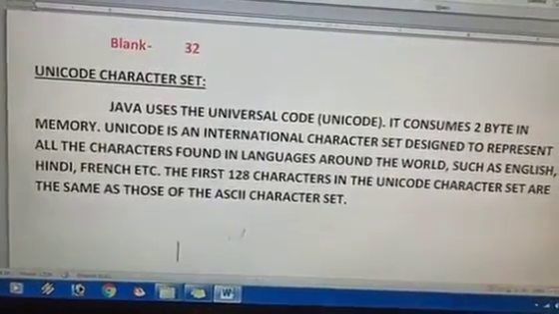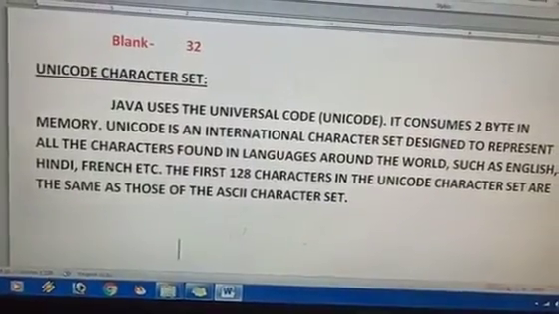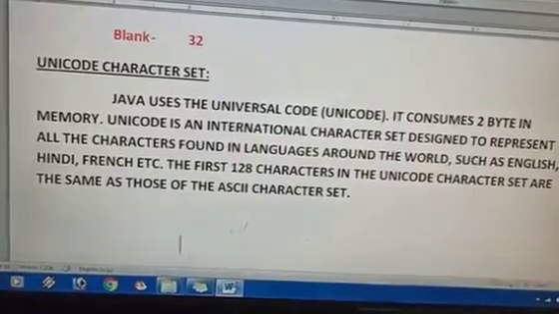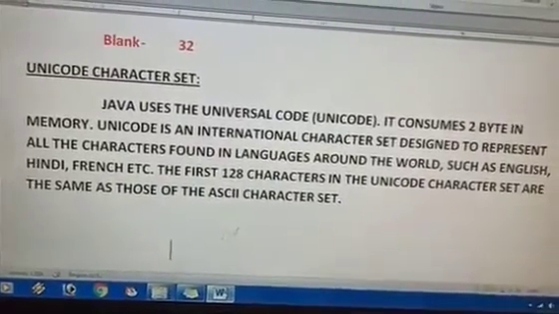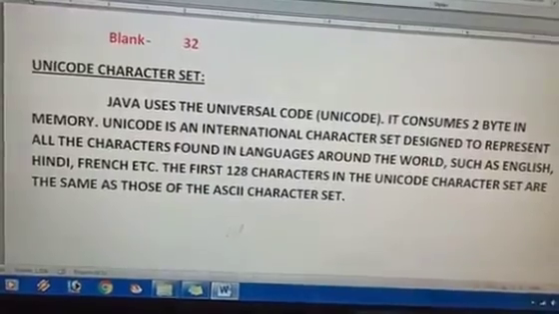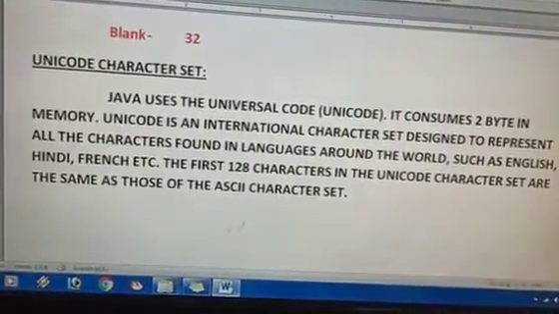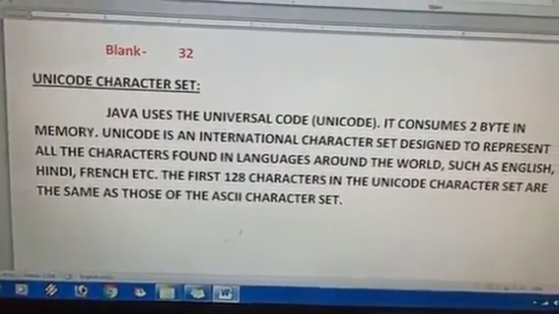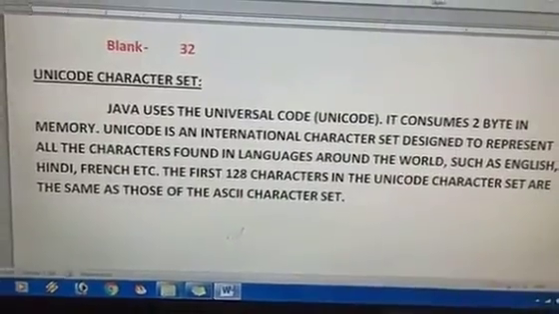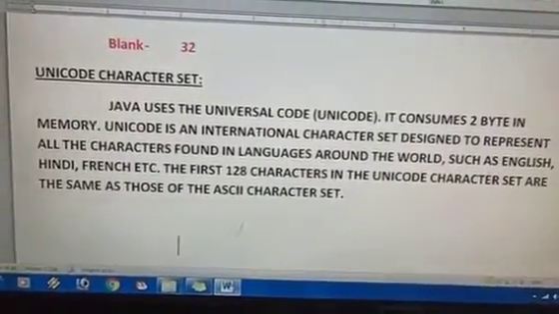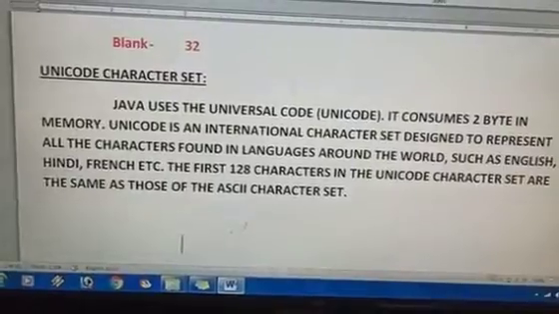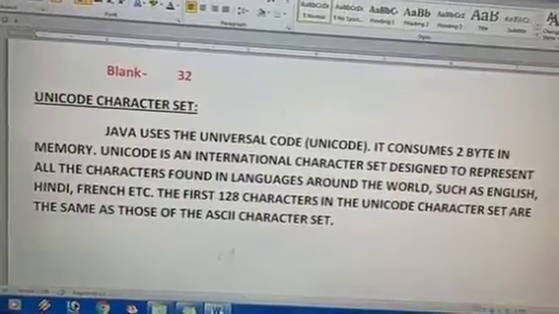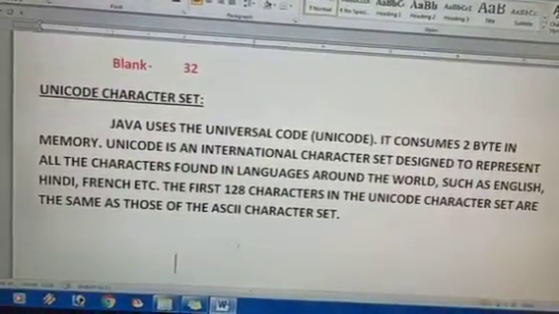Unicode is an international character set designed to represent all the characters found in languages around the world, such as English, Hindi, French, etc. The first 128 characters in the Unicode character set are the same as those of the ASCII character set. So the ASCII codes are already present in Unicode. That is why it is known as universal code. Internationally, all the languages' symbols are available in this Unicode. Basically, there are around 65,536 Unicodes available, and each Unicode